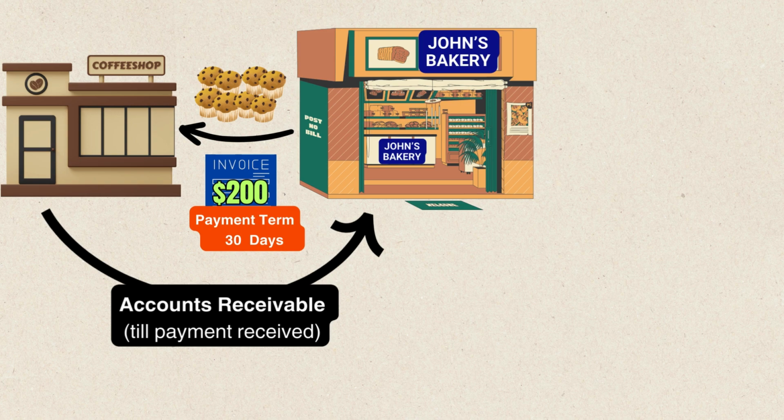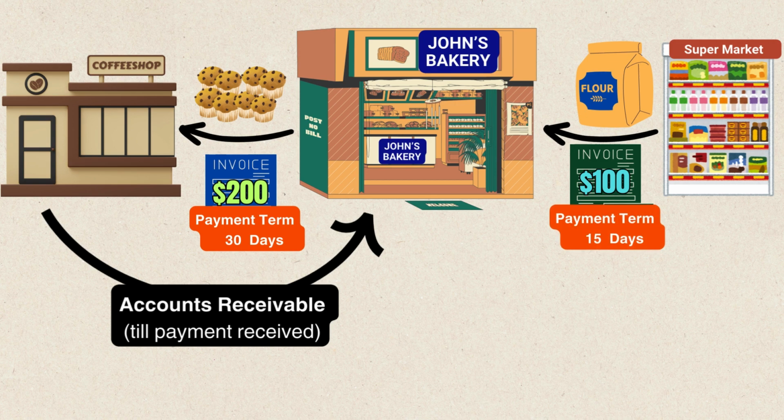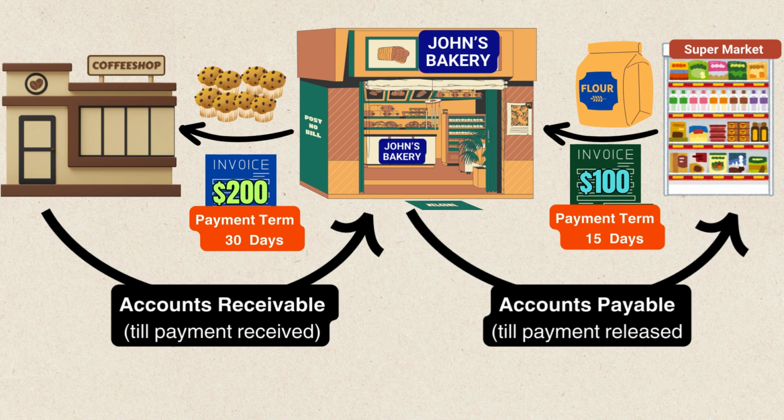In order to make muffins, John's bakery buys flour from a nearby supermarket. When John's bakery receives the flour, they also receive an invoice for $100 from the supermarket with a payment term of 15 days. Thus, John's bakery now has an obligation to pay $100 to the supermarket against the purchase of flour. This amount will be part of accounts payable in the books of John's bakery till they pay this to